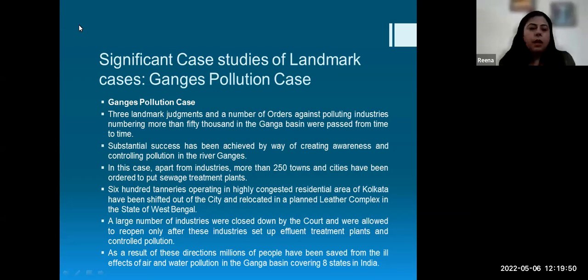In those special economic zones or special industrial zones, effluent treatment plants or common effluent treatment are provided. For example, if there are 50 leather units, all of them will have similar kinds of effluents and similar polluting activities. So it is better to employ a technology in those special areas by the central government, or subsidized by the state government, and that will ensure that these leather complexes have the best of the best.